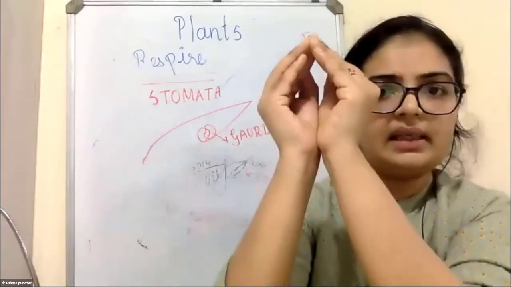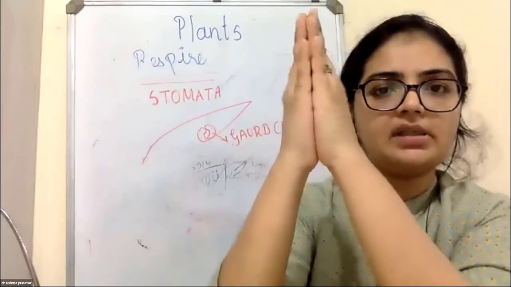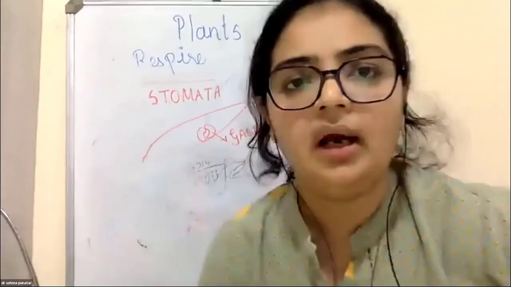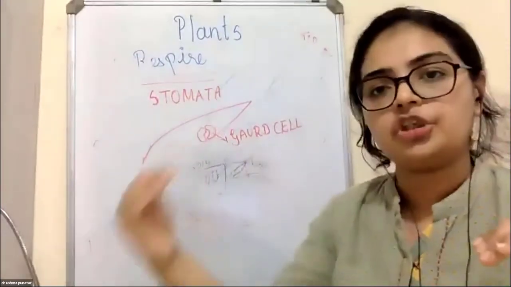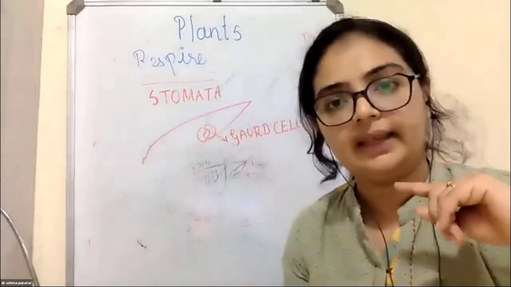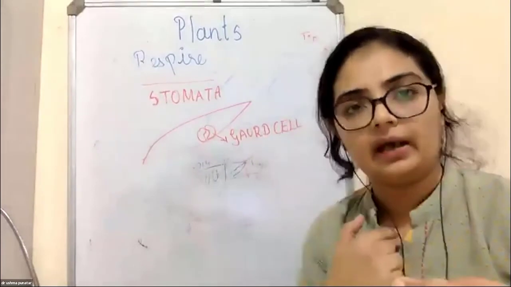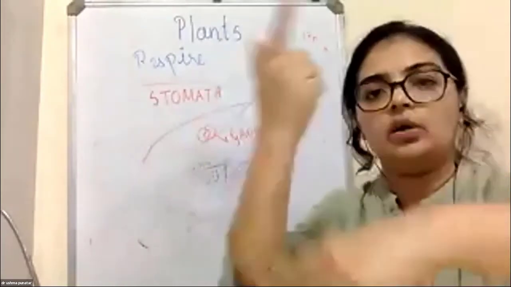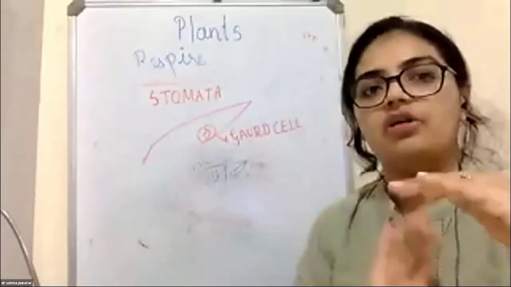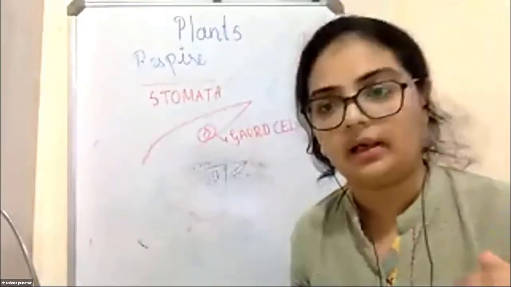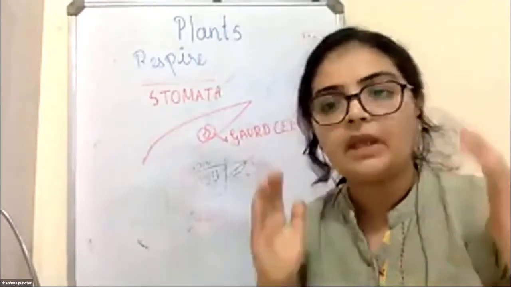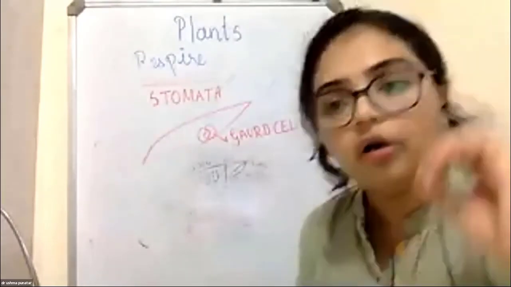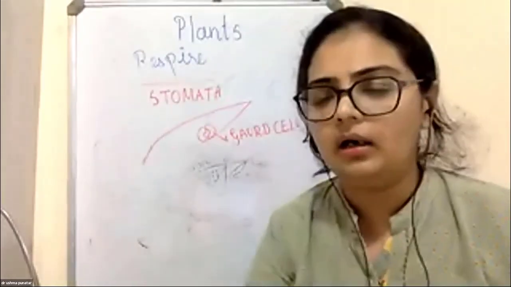Okay, so this is the stomata which opens and closes, and these are the two guard cells which help in transportation of the gases. It takes in carbon dioxide during the day, and it releases oxygen, and during the process of respiration it does the opposite. It takes in oxygen and releases carbon dioxide. So this is what was respiration of plants. And along with this, okay,